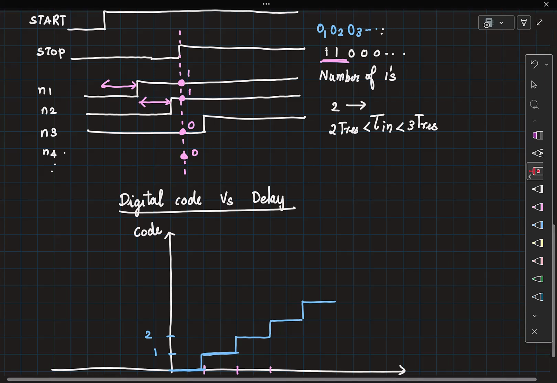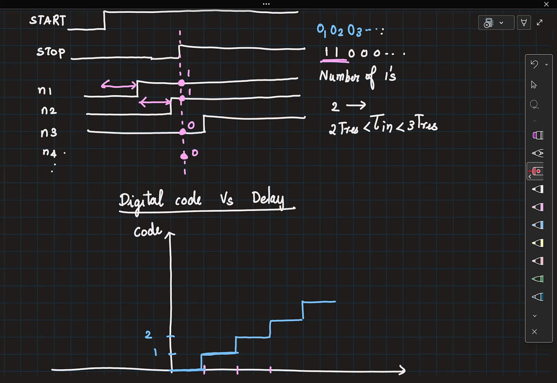Right? So for example, let's say you had a 32-bit thermometer code, which means this is a sequence wherein the number of bits in that sequence is 32. Right? And then let's say you're looking at the number of ones in that sequence. How many bits do you need to represent this 32-bit thermometer code in binary? You need 5.